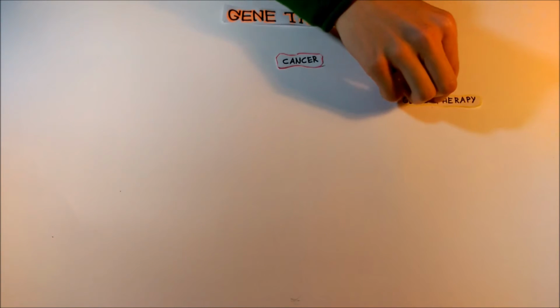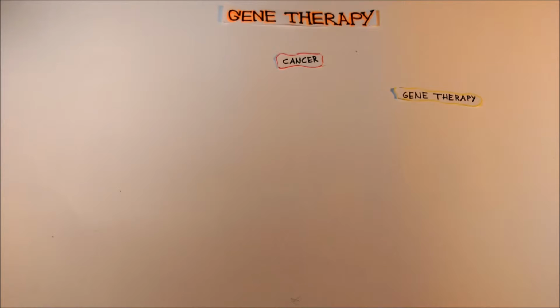Examples: cancer. Several promising gene therapy treatments are under development for cancer. One, a modified version of the herpes virus, has been shown to be effective against melanoma, a skin cancer that had spread throughout the body. The treatment, called TVEC, uses a virus that has been modified so that it will